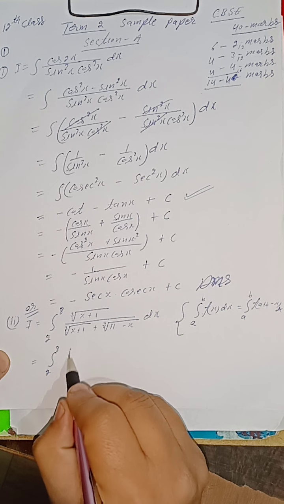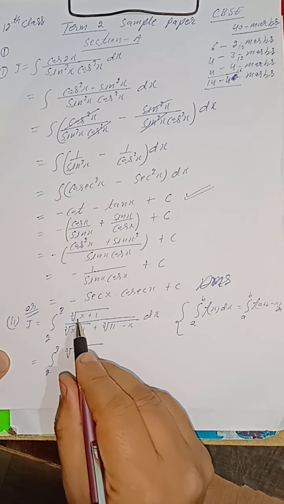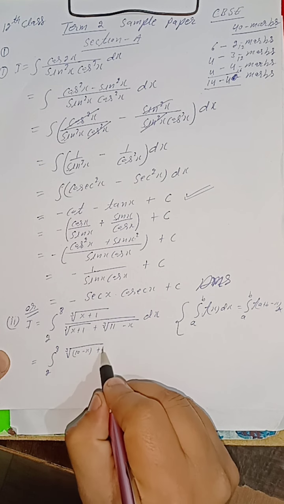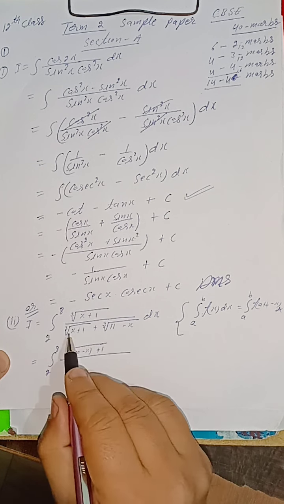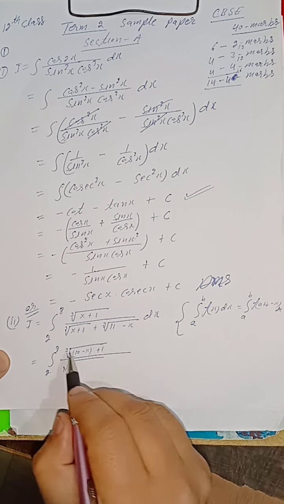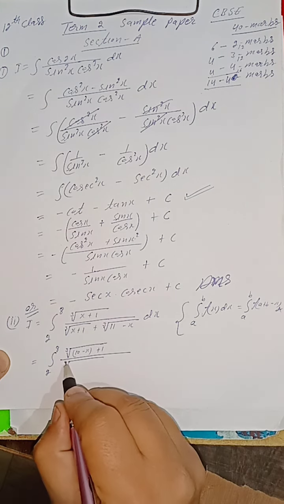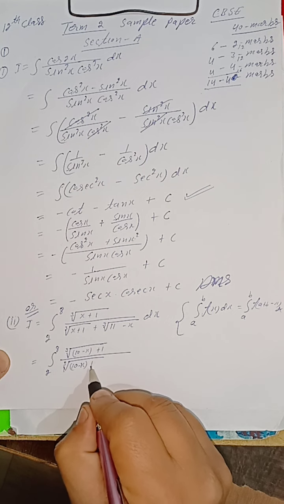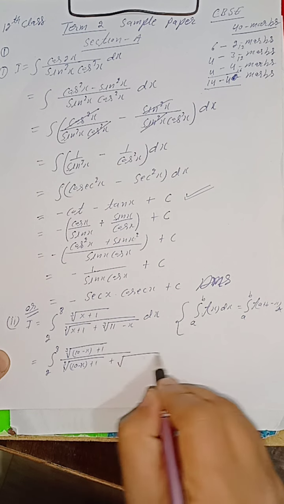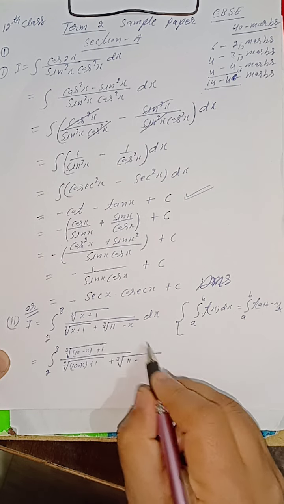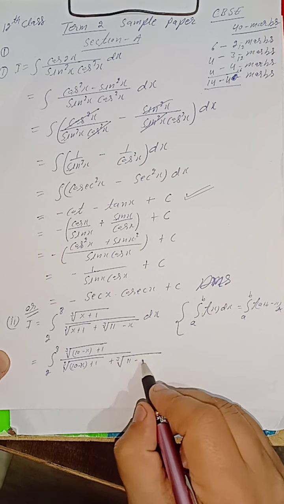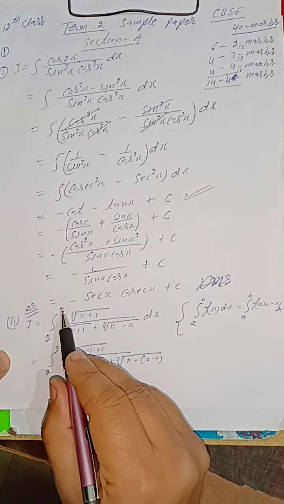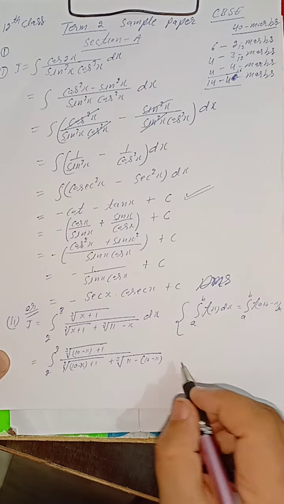We can write cube root 10 minus x plus 1 upon, we'll replace x by a plus b minus x. 10 minus x plus 1 and cube root 11 minus x is replaced by 10 minus x. A plus b, 2 plus 8, that is 10. So